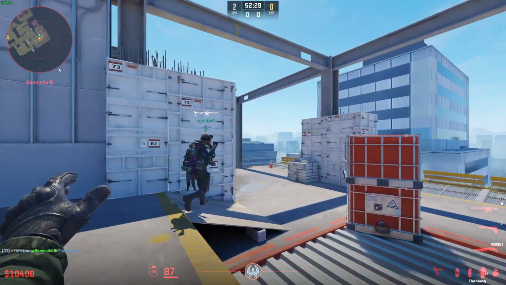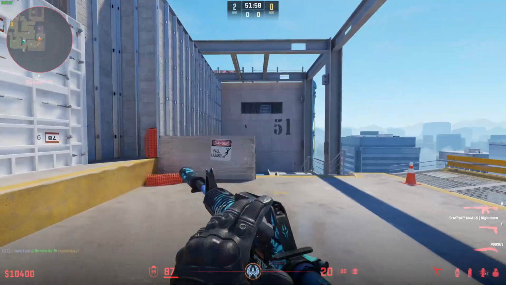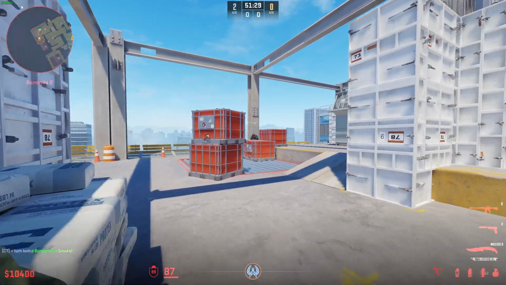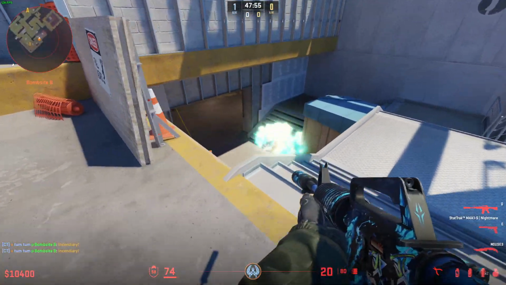Next, let's go over B stairs control. Early rounds, I like to send two players to get B stairs control, or send in one player and have the other player play connector or backside for support. The best utility to use for B stairs is a Molotov thrown like this to cover the bottom, and if